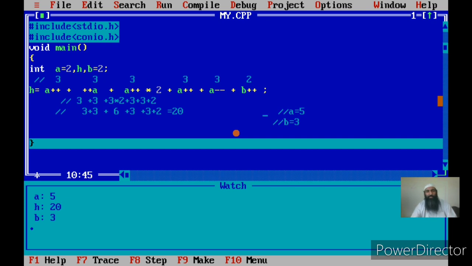Now in case it has been used in postfix form, the incrementation will not be done the first time, and those incrementations will be delayed till the evaluation of the arithmetic expression is over. Once the evaluation of the arithmetic expression is over or assignment has been performed, the incrementation will be done. Same is true of decrementations.